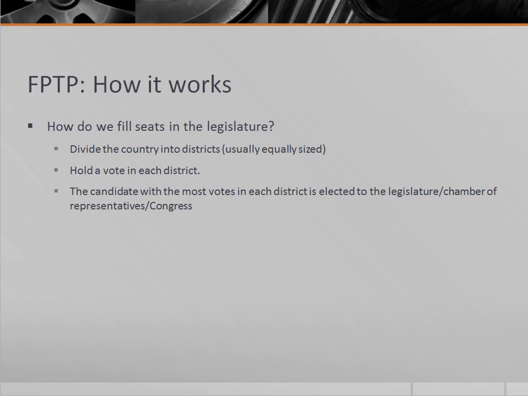The point is that in the United States, at least, we have a regular census, which tells us which districts are growing and which districts are shrinking, and based on that, Congress is constitutionally mandated to reapportion the districts. But of course, that is a political process, and I've got other videos on that, so I'm not going to talk about it too much more.